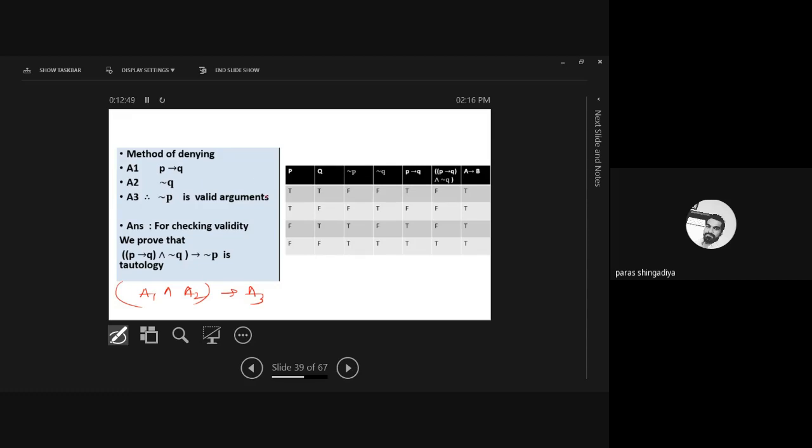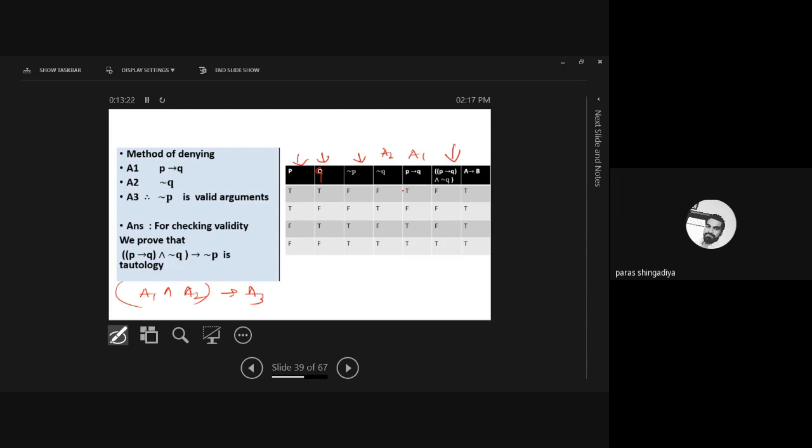So prepare the table as per the given formula. First, the p and q columns are required, which is fixed for two statements. It also involves negation p and negation q, so after that create the negation p and negation q columns. Then we check the answer of a1, that is p conditionally q, and then a2, which is the negation q column. That is the answer of a2, and then apply a1 and a2 in this column.